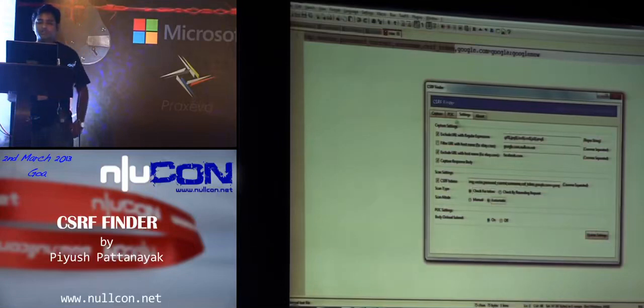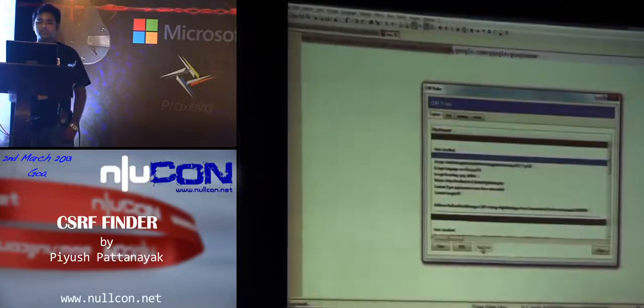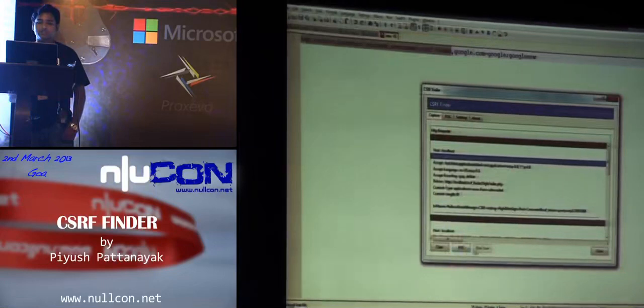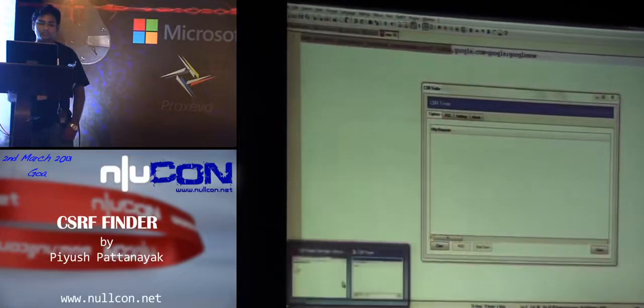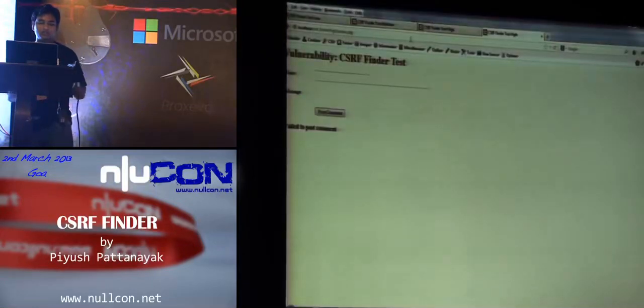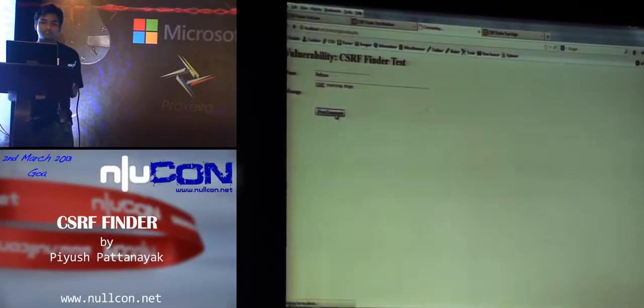Scan mode automatic is something, if you switch to automatic mode, as you can see the scan option has gone away now. So what you can do is, if I go to a particular application and I send a request,